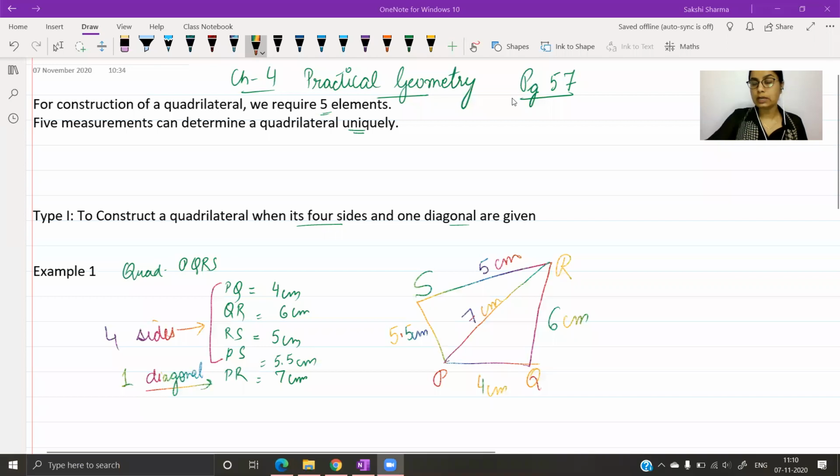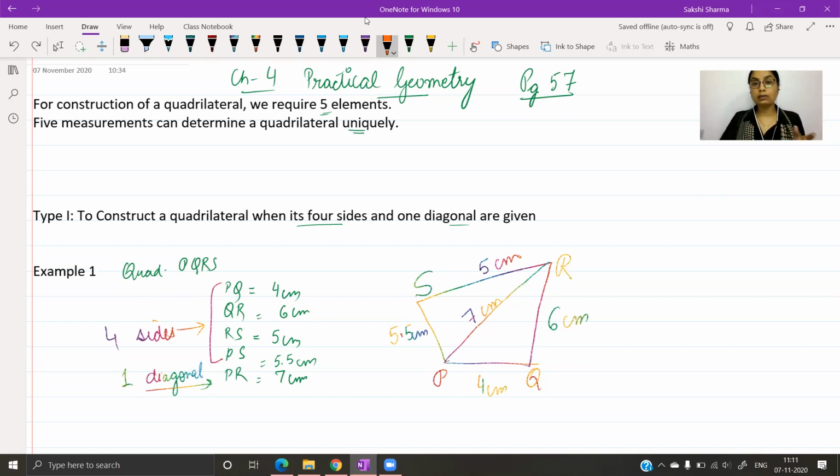I'm going to move this rough figure and rotate it so that I can actually visualize कि मैंने quadrilateral की construction करनी किस तरह से है. Now इसमें आपके पास advantage है, जब आपके पास 4 sides हैं और एक diagonal है, आपके पास 2 triangles बन रहे हैं. If you can see, there are 2 triangles, एक इधर triangle है और एक इधर triangle है. तो आपको जो construction करनी है वो इस तरह से होगी कि हम diagonal की either side पे, means diagonal की एक तरफ एक triangle construct कर देंगे और diagonal की दूसरी तरफ दूसरा triangle construct कर देंगे, and complete figure जो बनेगी वो आपके पास एक quadrilateral बन जाएगा.